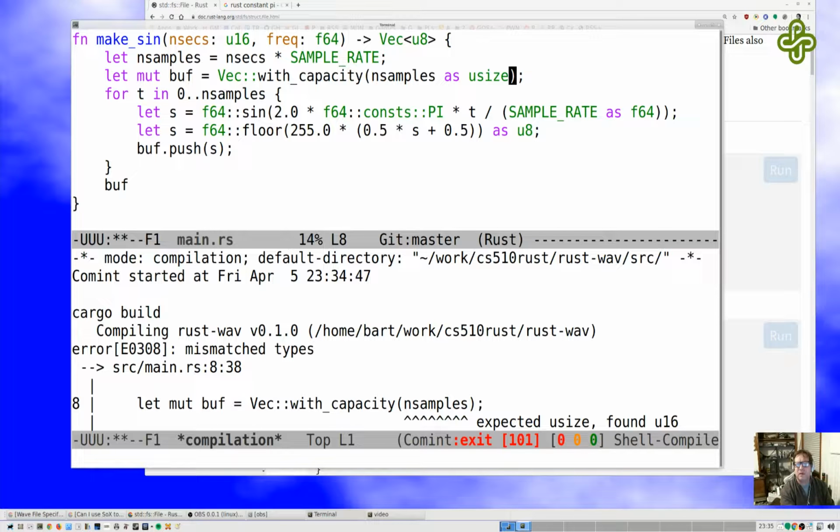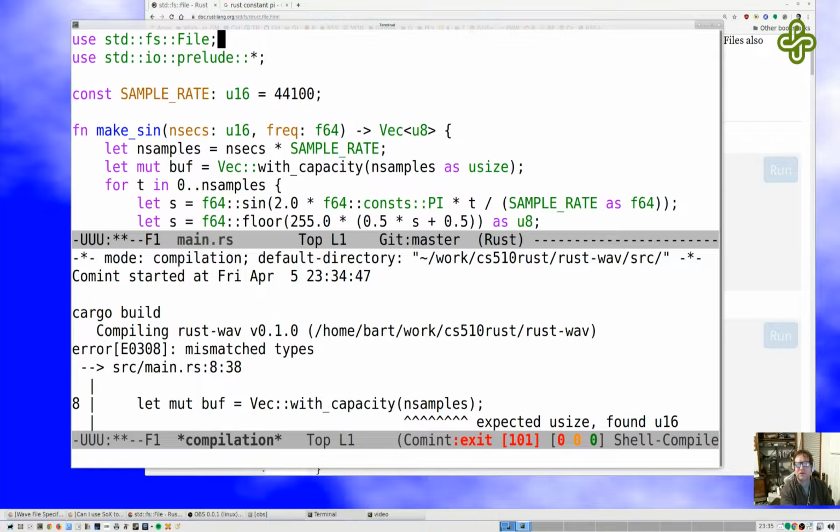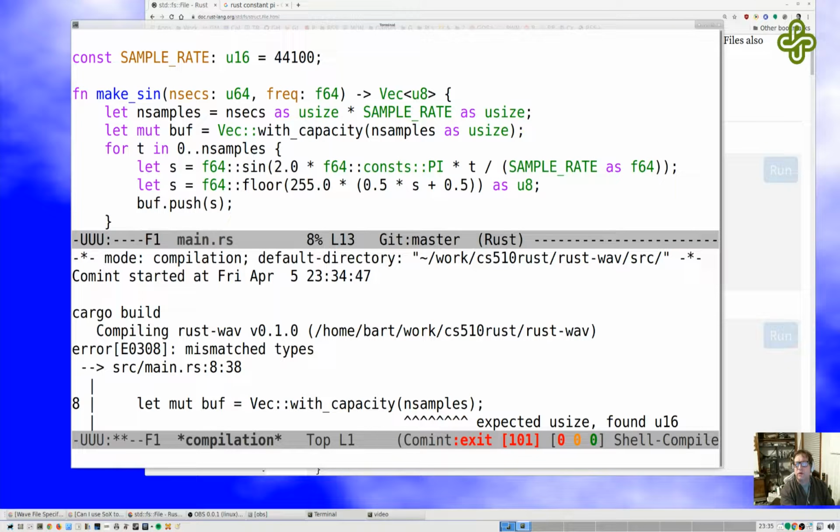Right. Yeah, let's do it that way. Let's actually make the number of seconds be a usize. Oh, what the heck, let's make it a U64. And we'll just go ahead and turn these both to what they need to be. There we go. And now we should be in good shape type-wise, and everything should be good to go,